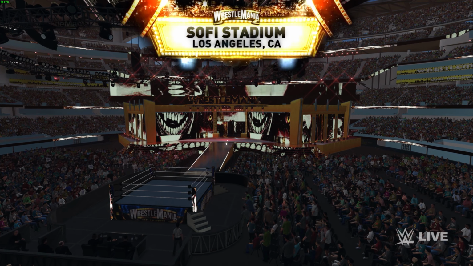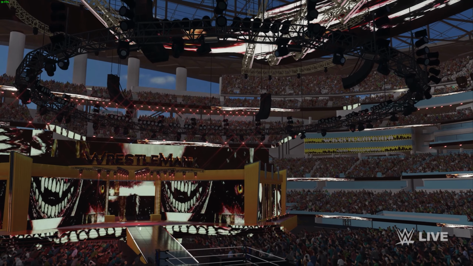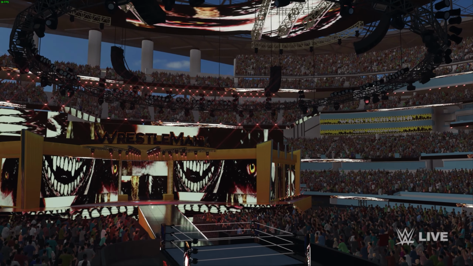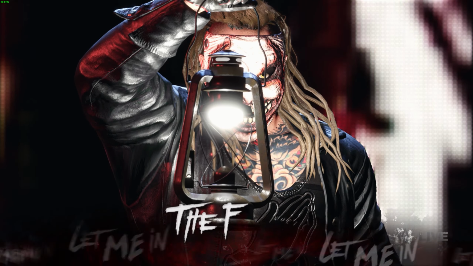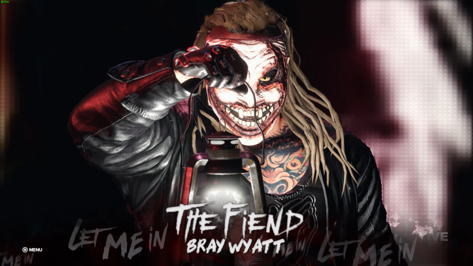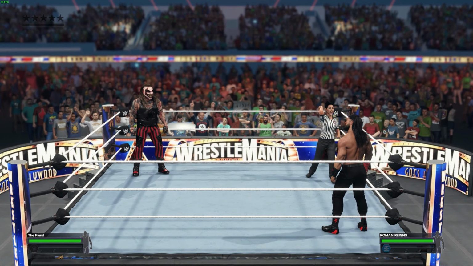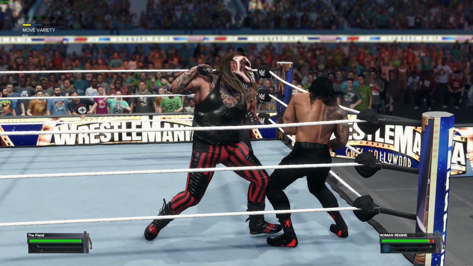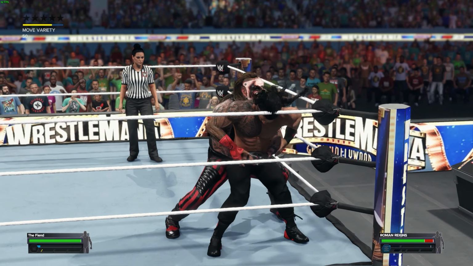And we've already seen his entrance, but we're going to watch it for just a few seconds, and then we'll move on to the match, and I'll show you guys where it says the Fiend Bray Wyatt at the bottom nameplate, as it should if we've done everything correctly. As you can see at the bottom of the screen, it says the Fiend, and we've got his moveset. We've got his character, we've got the graphics, we've got the music, we've got the nameplate, and all we're missing